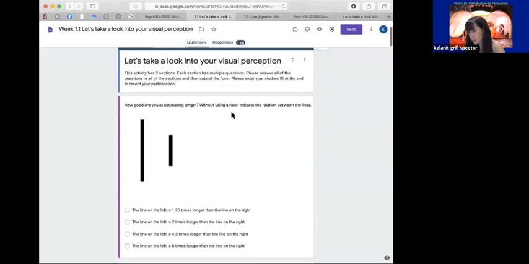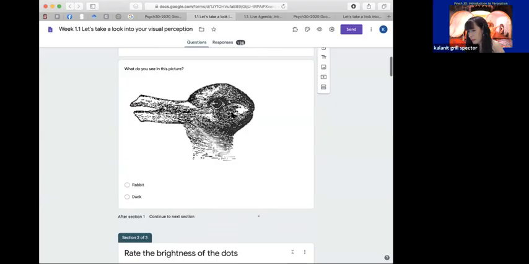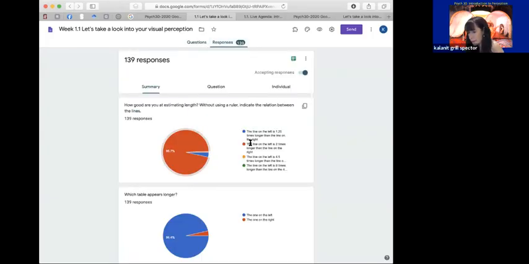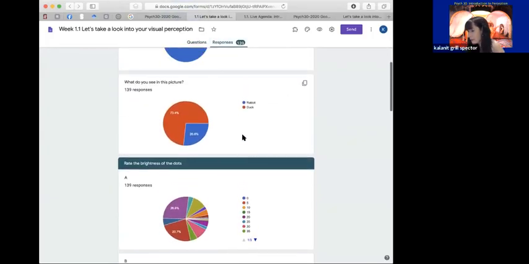And the last question was about this picture. I asked you, what do you see in this picture, a duck or a rabbit? Here you can see that the responses are a little more varied across people. About three quarters of the people perceive this to be a duck, but about 27% perceive it to be a rabbit. And the question is why there is much more variability in this question than in the other questions.